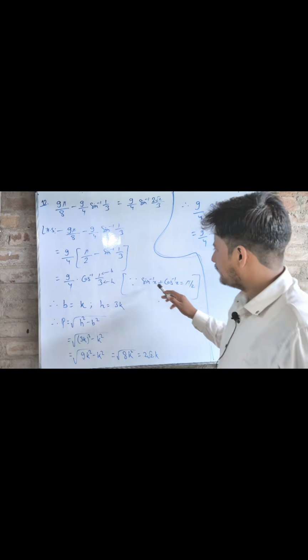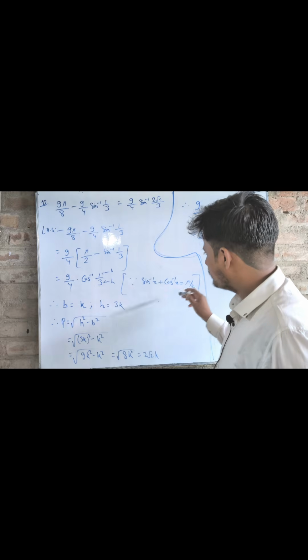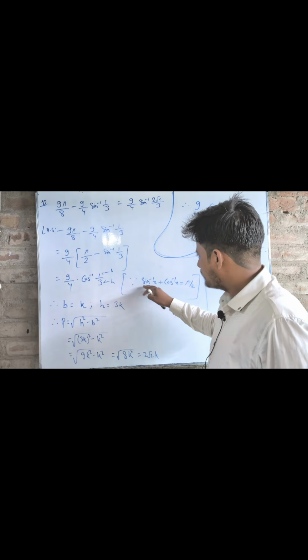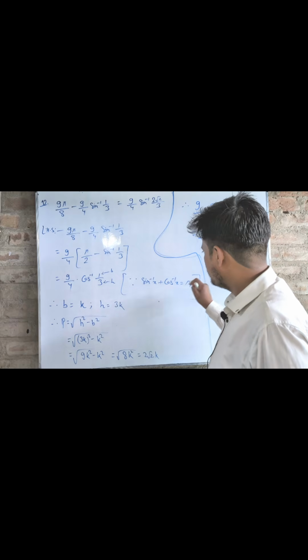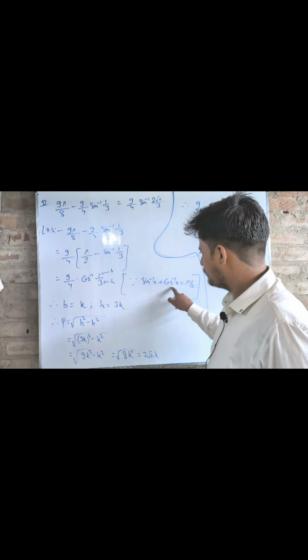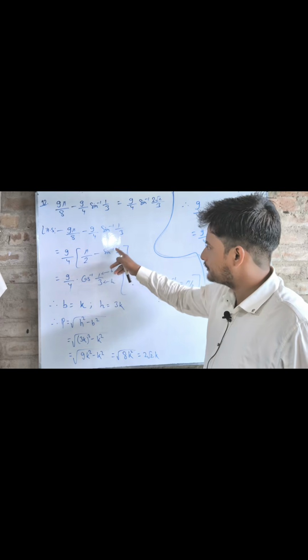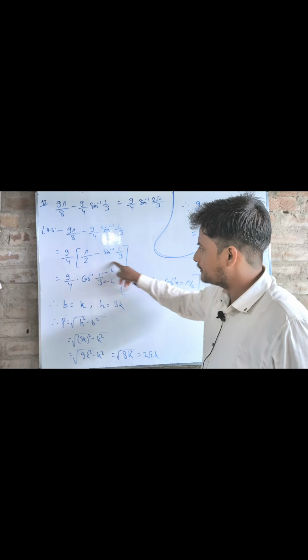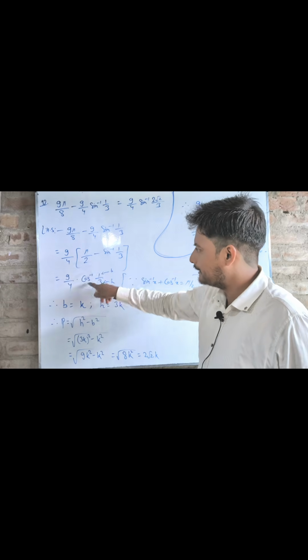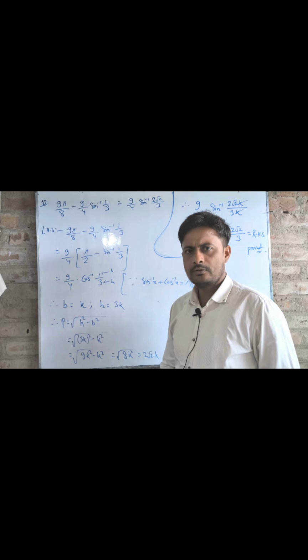And since there is a formula sin inverse x plus cos inverse x is equal to pi by 2, as a result, if we take this sin inverse x to the RHS side, then pi by 2 minus sin inverse x will be equal to cos inverse x, and here is a similar term, pi by 2 minus sin inverse 1/3. So instead of this value we can write cos inverse 1/3,